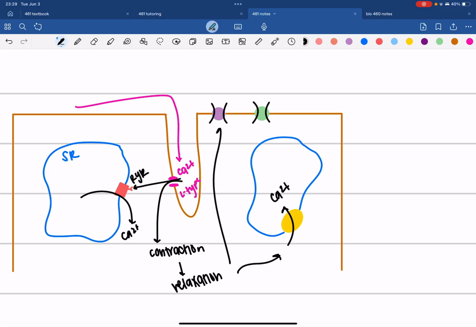But then we're going to use this new channel called a sodium calcium exchanger right here. It's going to put 1 calcium out for 3 sodium. Oh my goodness. And then we're just going to use our old bestie, our sodium potassium pump. And this is what's creating the gradient. And that's going to be our primary active. And then this one's going to be our secondary active, which is great.